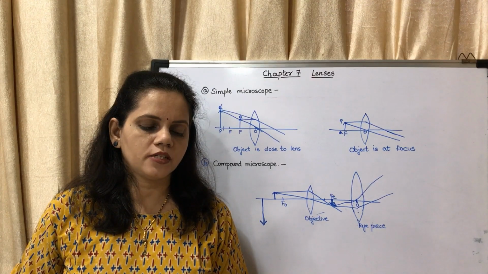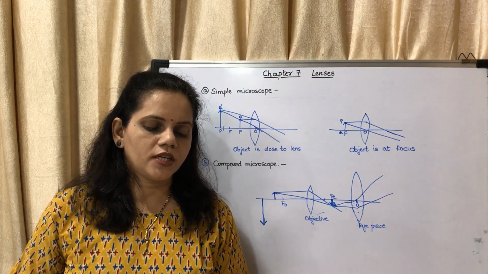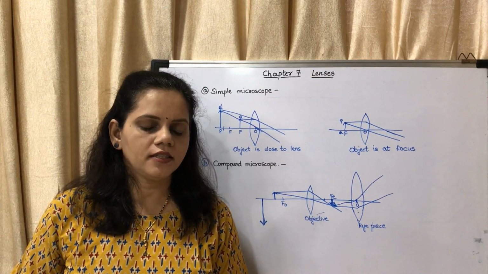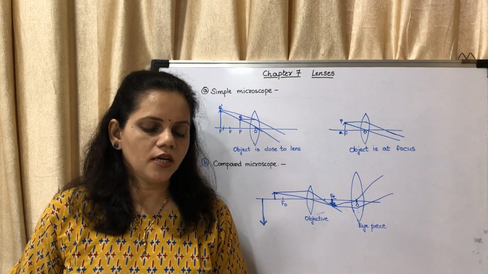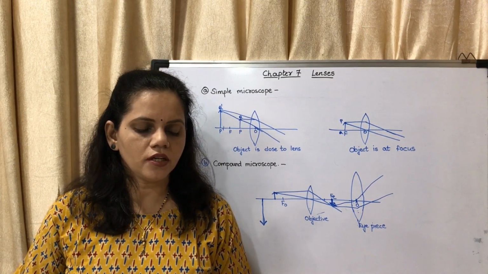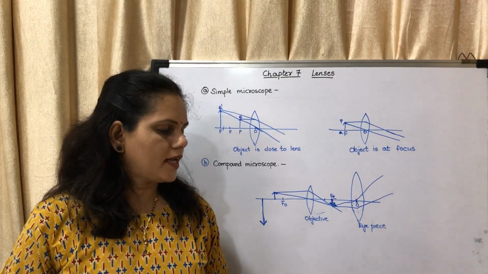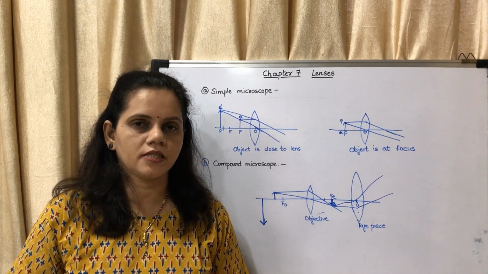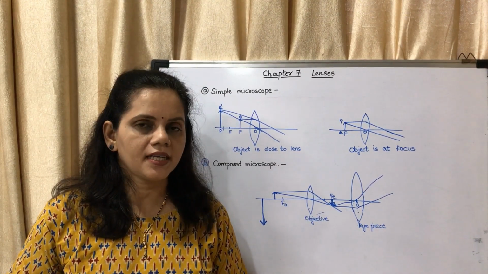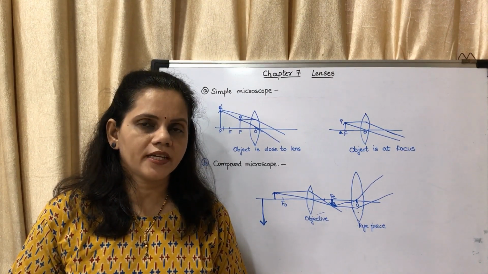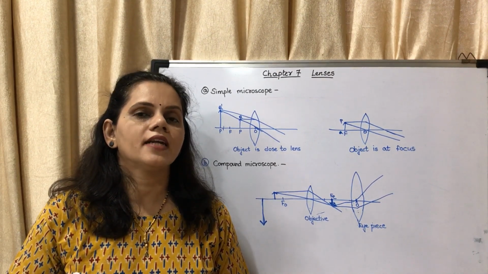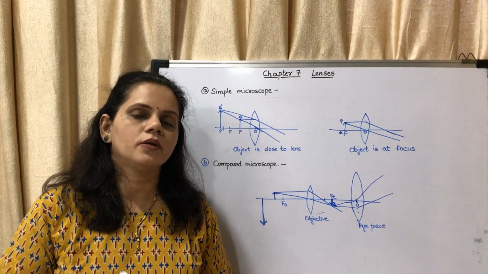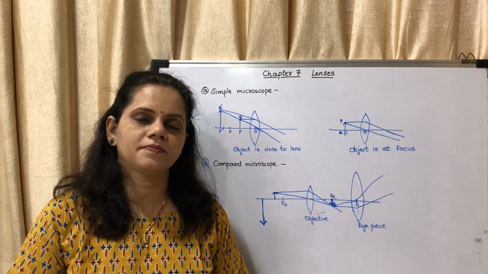A compound microscope is made up of two convex lenses, objective and eyepiece. The objective has a smaller cross section and smaller focal length. The eyepiece has a bigger cross section. Its focal length is also larger than that of the objective. So you can obtain a larger magnification by making use of a combination of two lenses. What are the two lenses used here? Eyepiece and objective. In the case of a compound microscope, the eyepiece is bigger and has a larger focal length, whereas the objective is smaller and has a smaller focal length. You may mark this much on your textbook.